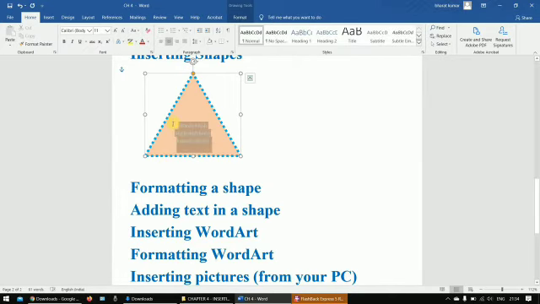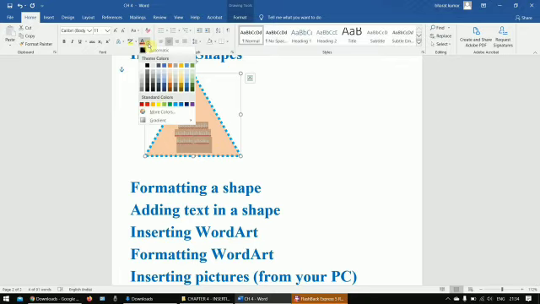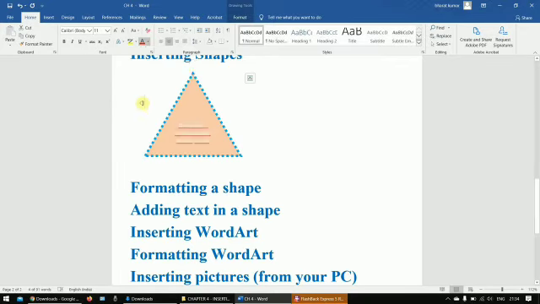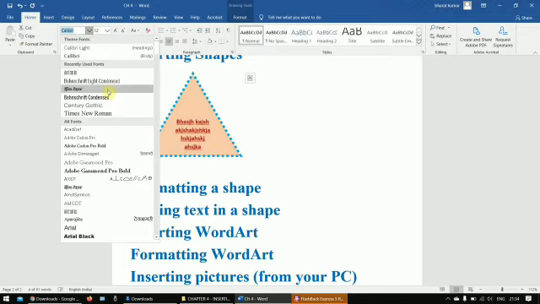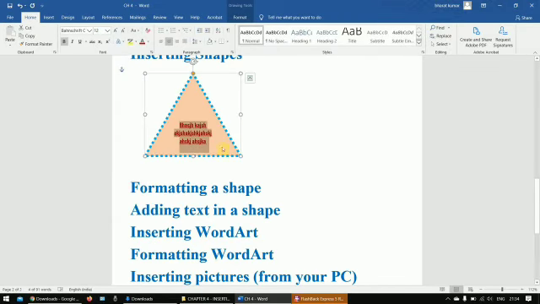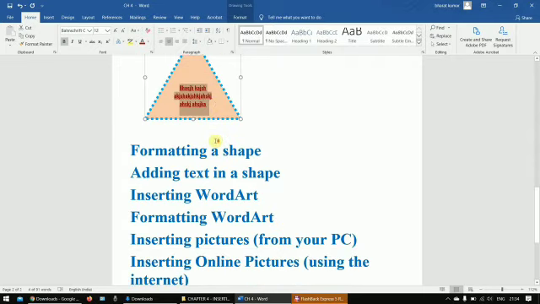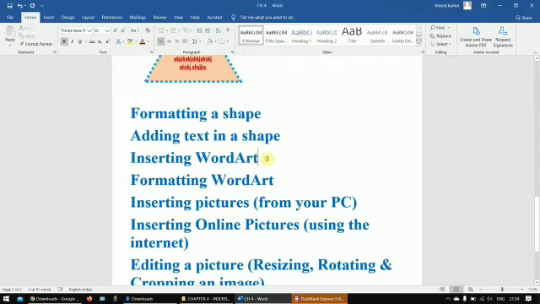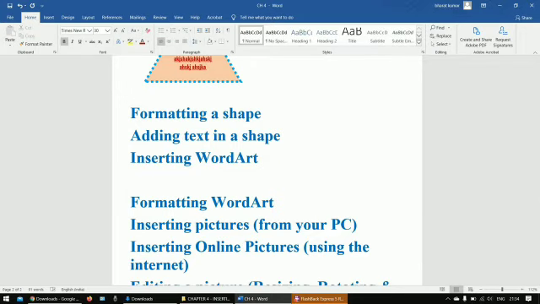So now we are able to write the text in your shape, and if you want to change the color of your shape, you can do it very easily. So this task is very easy, student. If you want to change the font style of your shape, you can. Size, style, format, whatever you want to do, you can change it very easily.